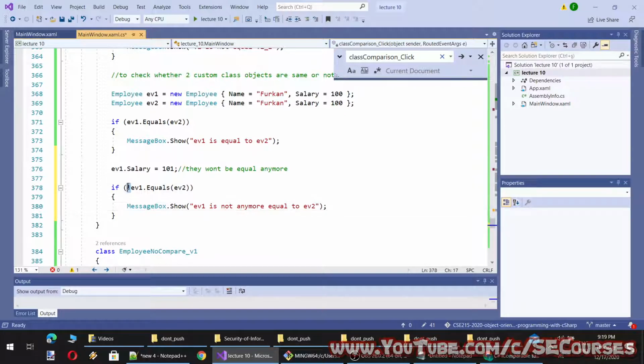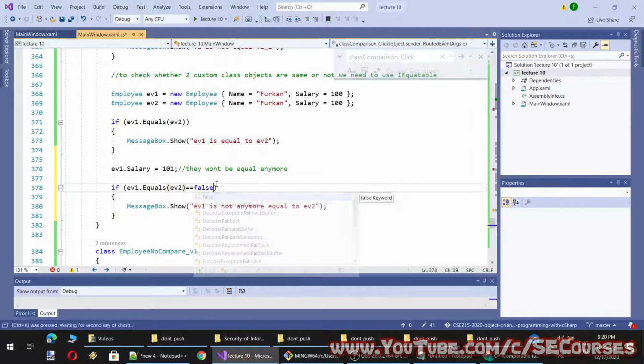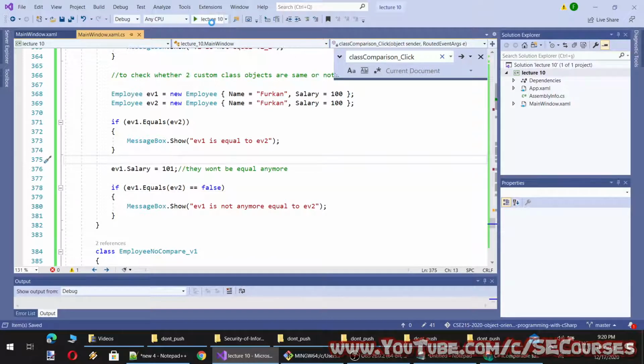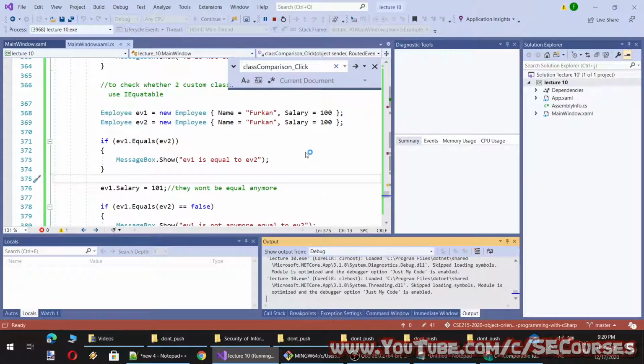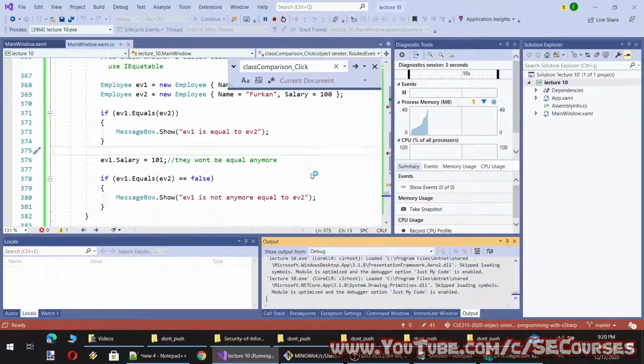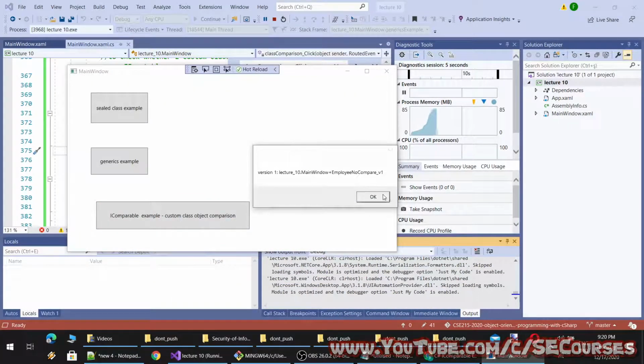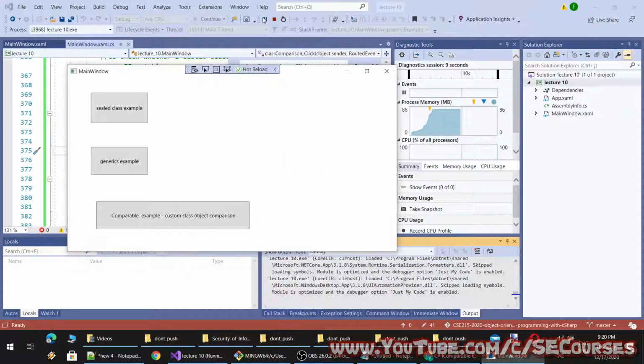You see, I have added this one to change it to equal to false, or as we can also type it like this. It is equal and is not equal anymore.